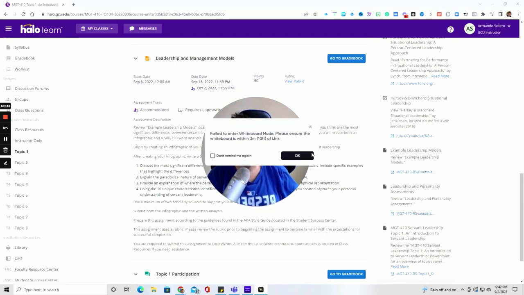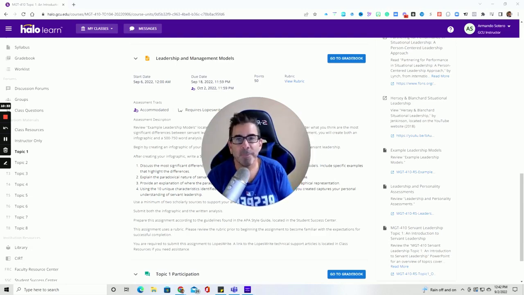So let me remove that little screen. Okay. You're only allowed 10% inside of any paper. And really, you should never have quoted text unless you're hearing me say, Sotero said something and you're using that. You're just going to paraphrase it or use the content from the journal or the article, but then you're going to give credit through the in-text citation. So again, quoted text should pretty much always be at 0%.